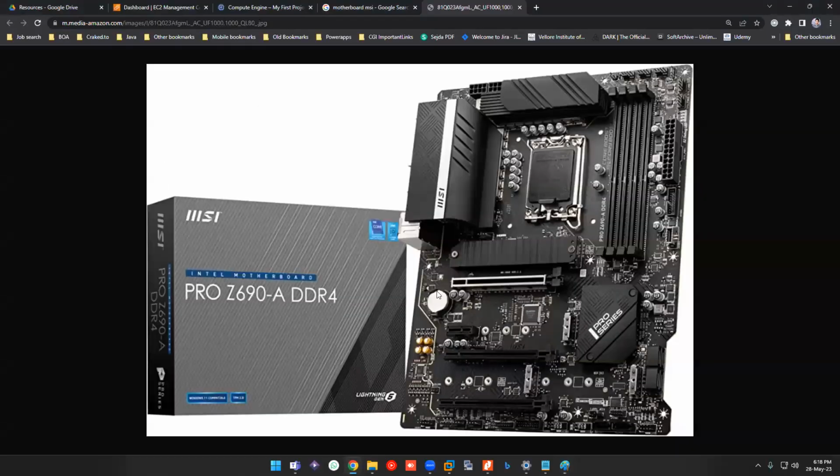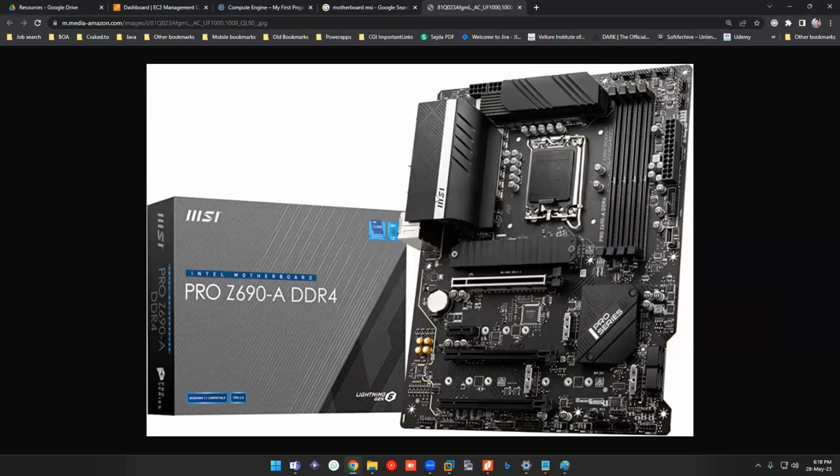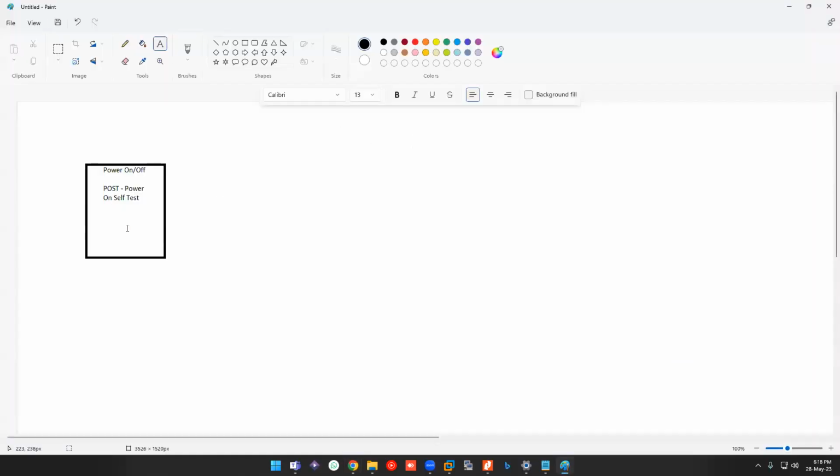And this is where you will place your GPU. These are your M.2 SSD drives, meaning your SSD drives for storage. Hard drives you will connect via SATA using this one. Again, this is off topic, but I just showed you that for your explanation.